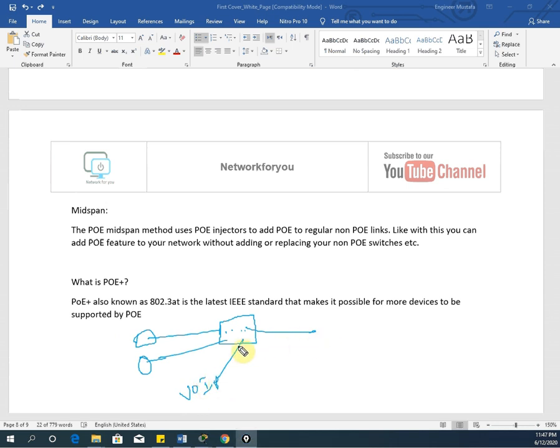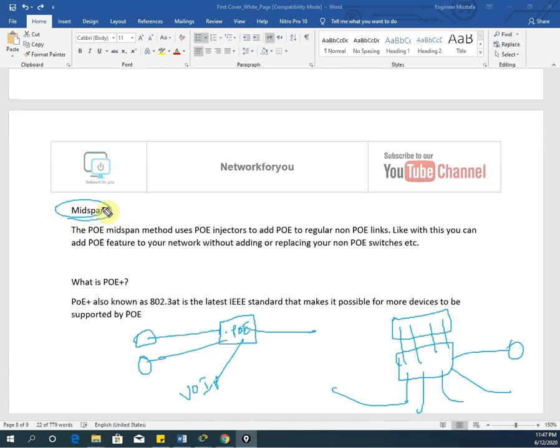This is supporting PoE and it is working. But if it is an old device which does not have that feature, then we can buy another device. Here this is a switch, it will connect like this, and here we will supply the power, and from here we can connect to the other devices. Like this we can use also, that we can say mid span.